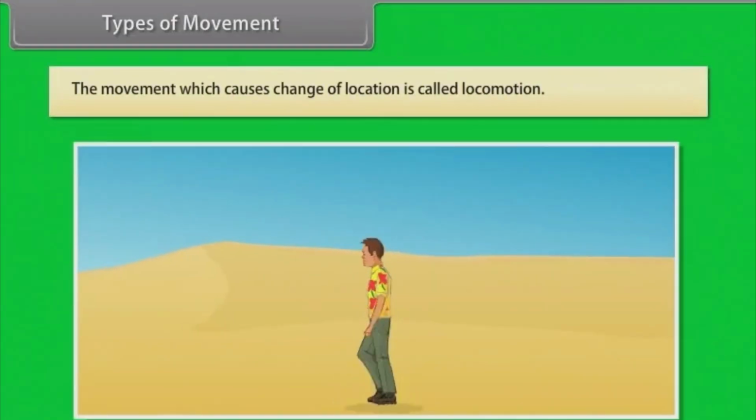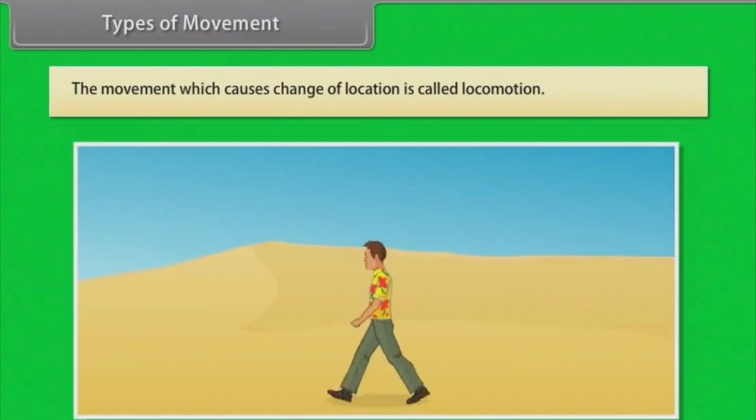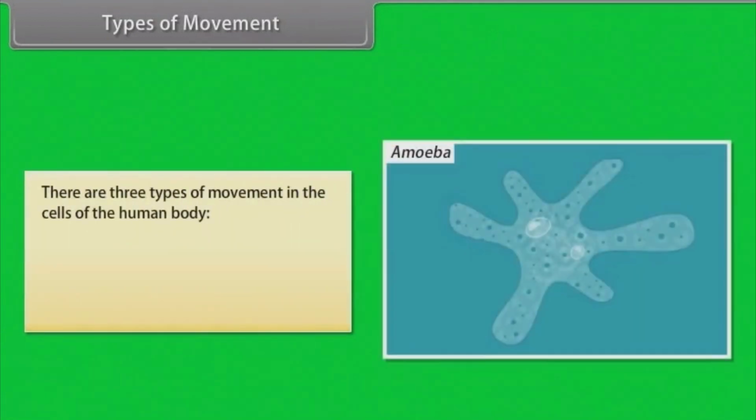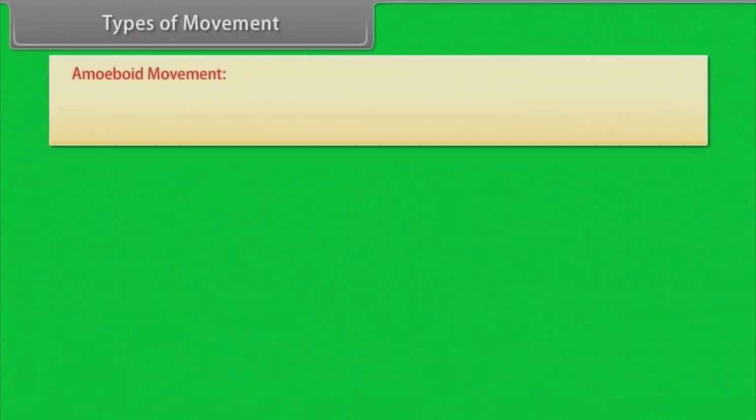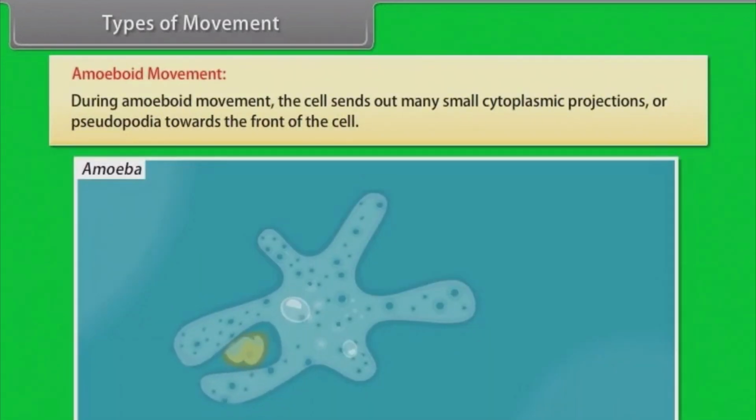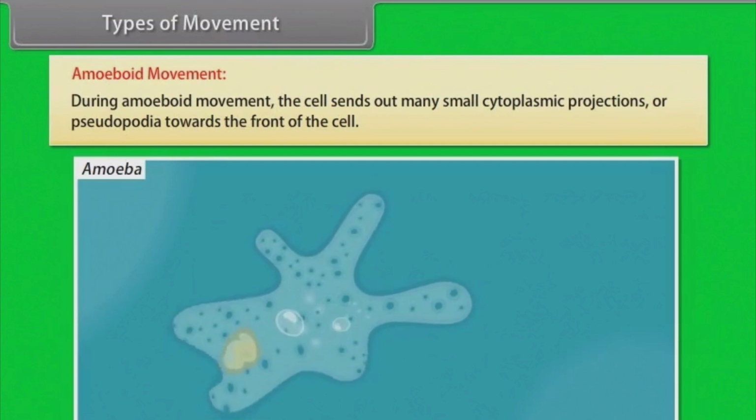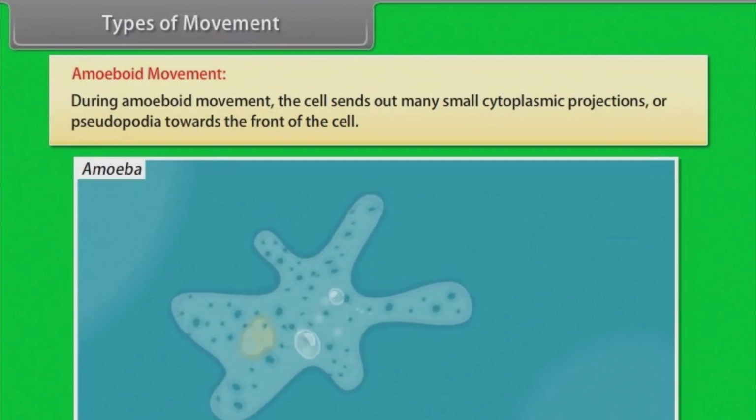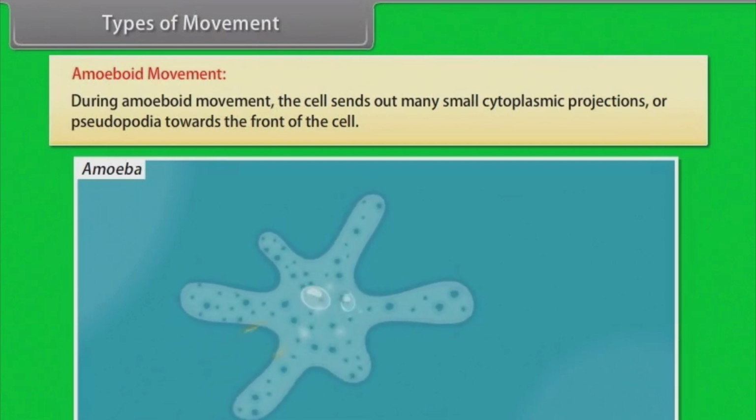Types of movement. The movement which causes change of location is called locomotion. There are three types of movements in the cells of the human body: Amoeboid, Ciliary, and Muscular. Amoeboid movement. During amoeboid movement, the cell sends out many small cytoplasmic projections or pseudopodia towards the front of the